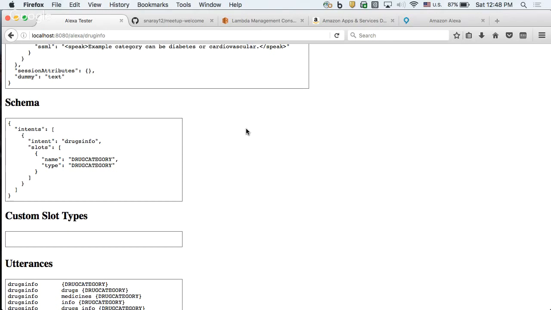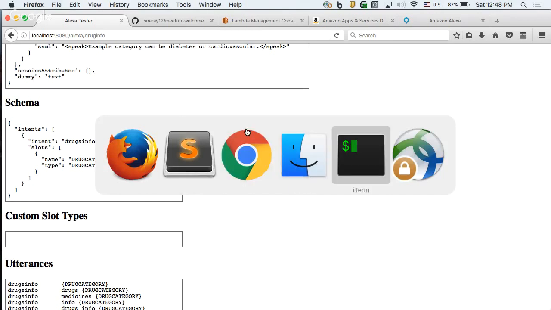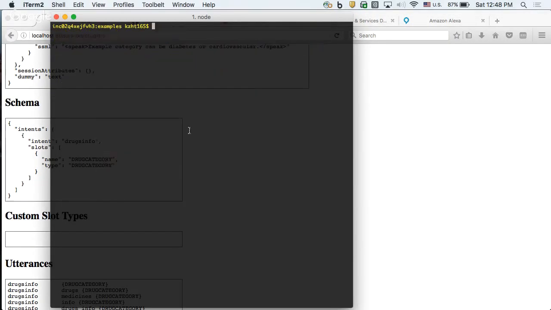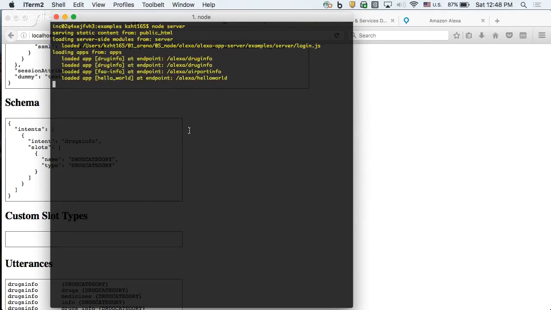I have an Alexa server that is running locally. All I have to do is start the server. It's a node server, so all I need to say is node server. It starts up and loads all the applications into memory. So now I can access the same application within my local. If I have to access the drug info application, then I'll have to